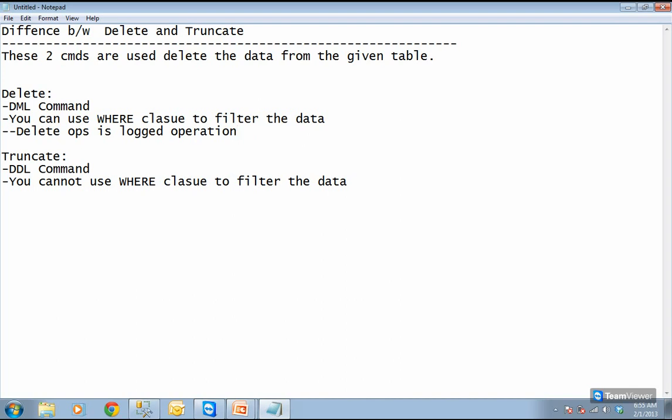Since this is a delete operation, tomorrow if there is a problem, for example you mistakenly deleted some records and somebody says you have made a mistake, please get those deleted records back, then you should be able to roll it back. So the delete operation is a logged operation.